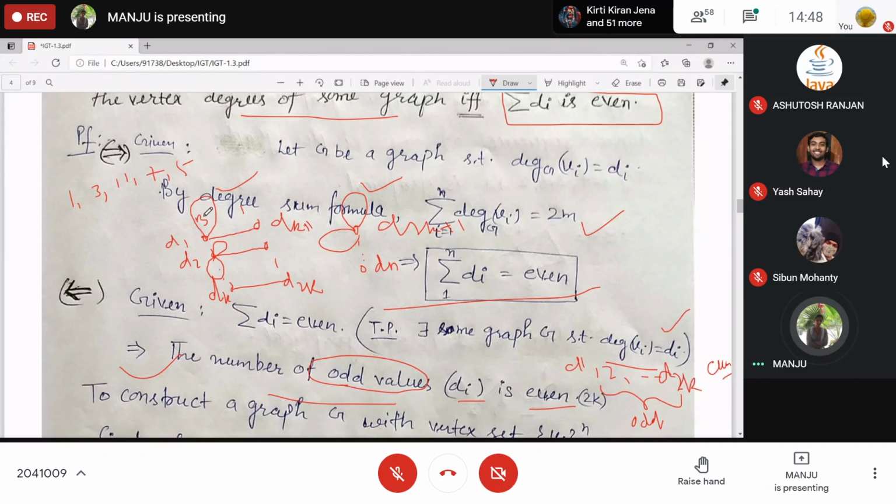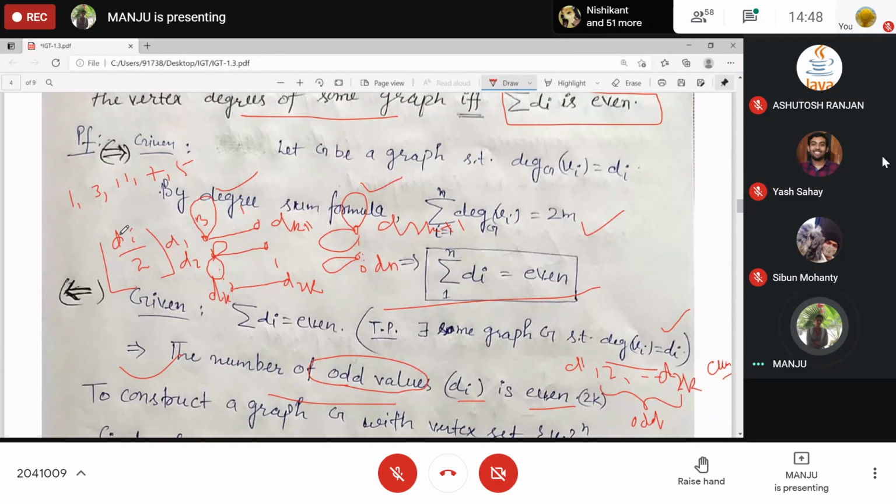If d1 is 3, then 1 loop. If dj is even, only 2 degrees, we are again adding 1. So if you look carefully, di divided by 2 with the floor function, this is the number of edges we are adding for the degree to be di.